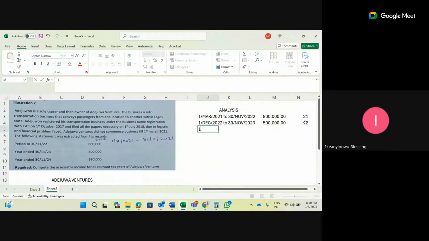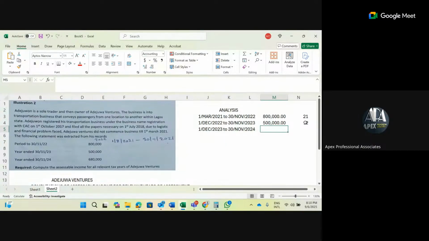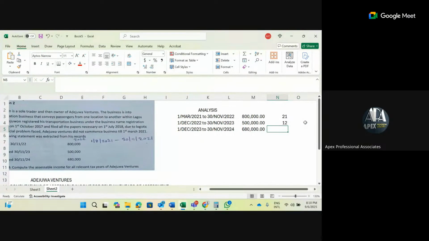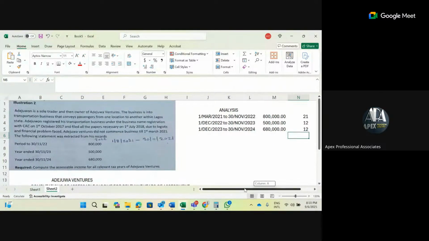The next one, 1st of December 2023 to 30th of November 2024. The profit given to us is how much? 680,000 naira. This one is also 12 months. I hope I'm correct. Yes, okay, good. And now with the new rules of the Finance Act 2019, if the business commenced operation